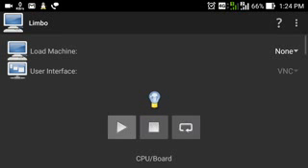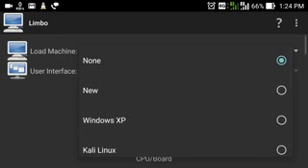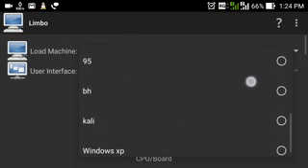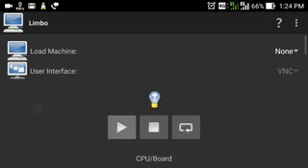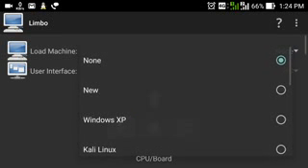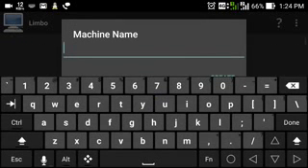Here you can see you can load a machine. When you click on load machine, you can just create a new machine. Here you can see I have run Windows XP, Kali Linux, Ubuntu, Windows 7 and Windows 95, and all the other virtual machines I created here. Let me run Windows XP once. You can see I will click on New and type here